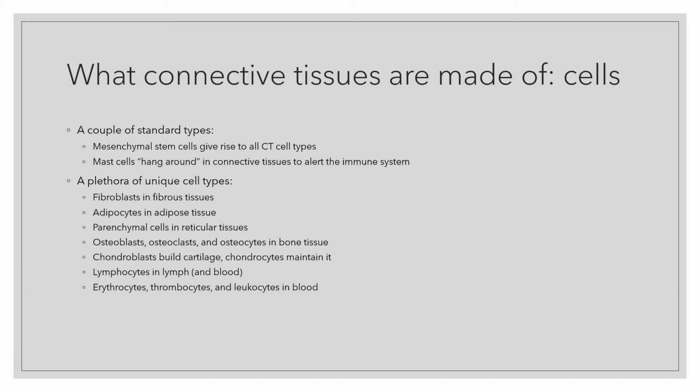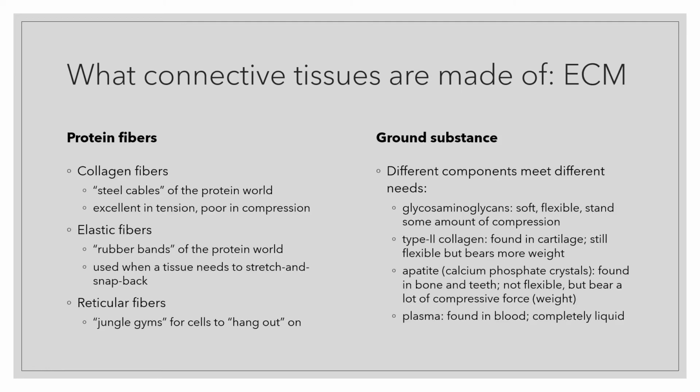Okay, but as we said, most connective tissues are not mostly made of cells. They are mostly made of extracellular matrix. And this extracellular matrix falls into two major categories: protein fibers and ground substance. Protein fibers, you have collagen, which stains pink, though I will color it red here. Collagen fibers are this